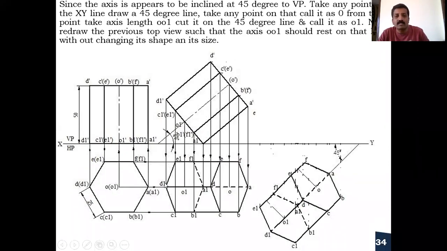A1 to this distance you take, D1 to this distance you take, and draw a perpendicular line. From here to E1, from here to C1, from here to F1, and from here to D1, the distances are the same. You can cut it on either side like this, so that you get all the points. You can use any method, your own simple method. The only thing is you need to redraw this without changing the shape as well as the size. So after getting all the points, without changing the visible edges and hidden edges, you have to redraw the entire thing here. Okay, after redrawing it, the only thing left is the final front view.